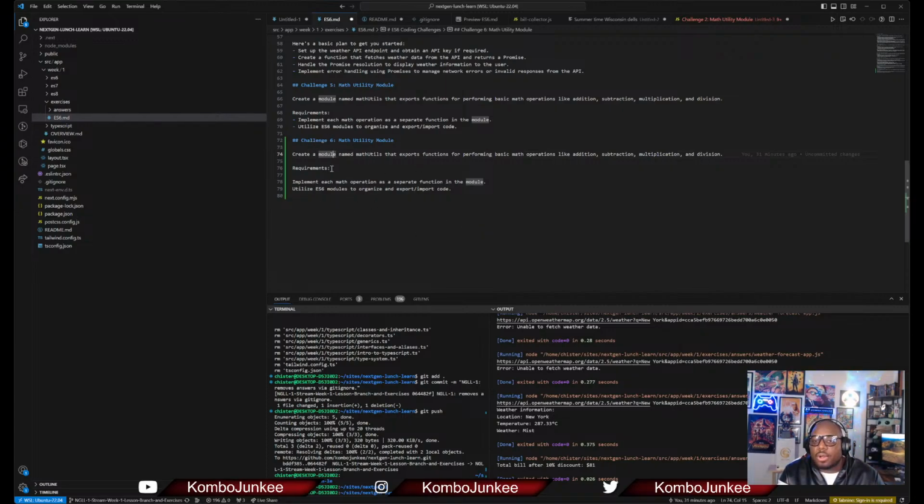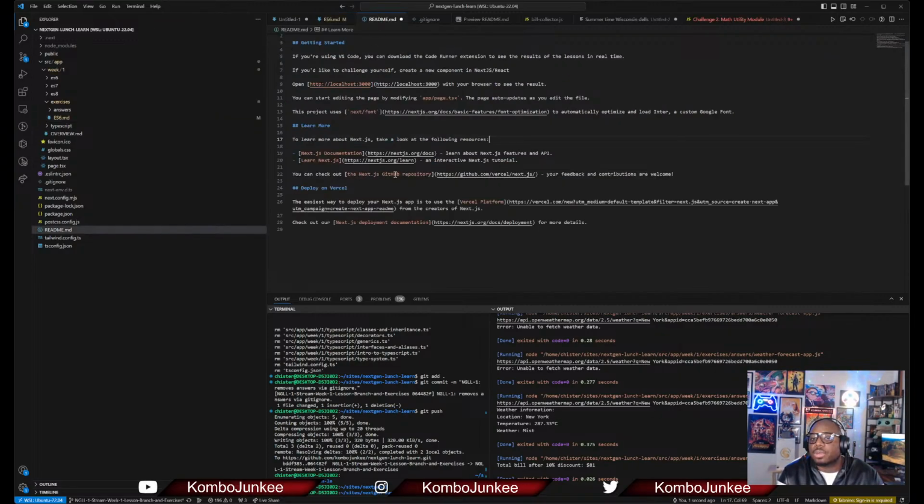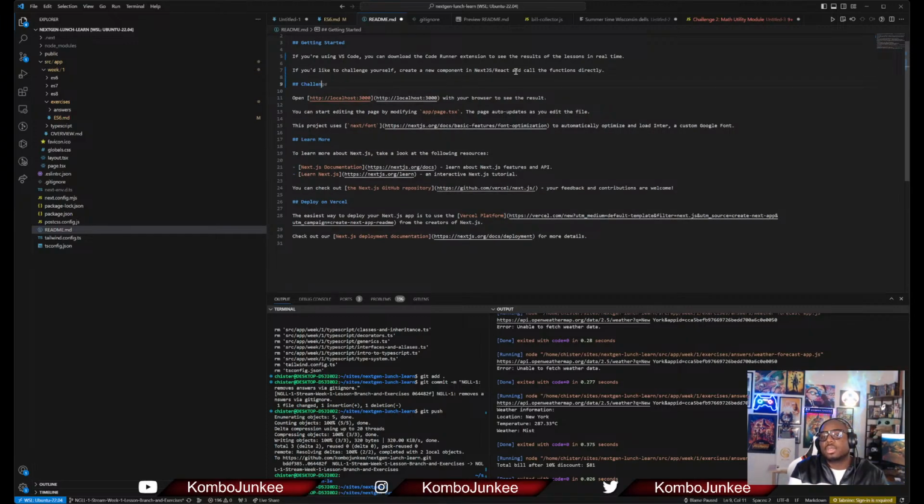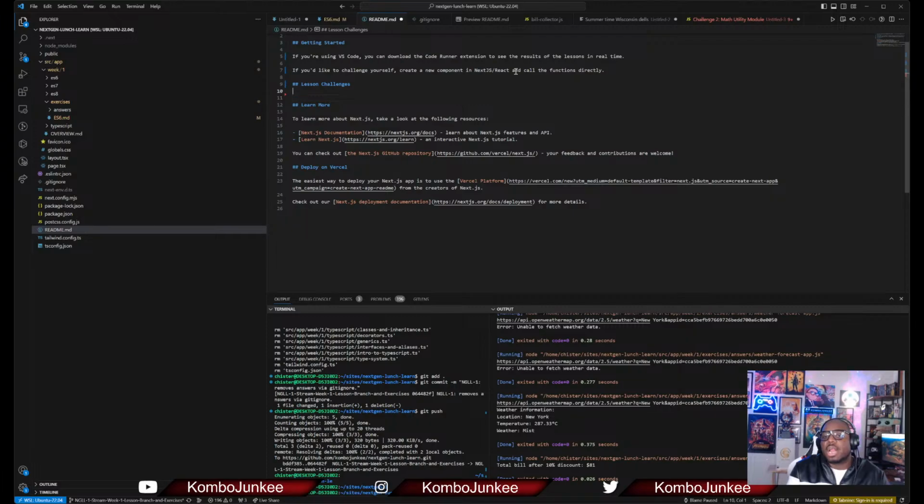So, this one here: create a module named math utils and export and so on. Do the requirements. I'm eventually going to move all of this to the main README, but for now I'm going to move it all here. Then we'll also add lesson challenges, and this is where we're going to add all of our stuff.